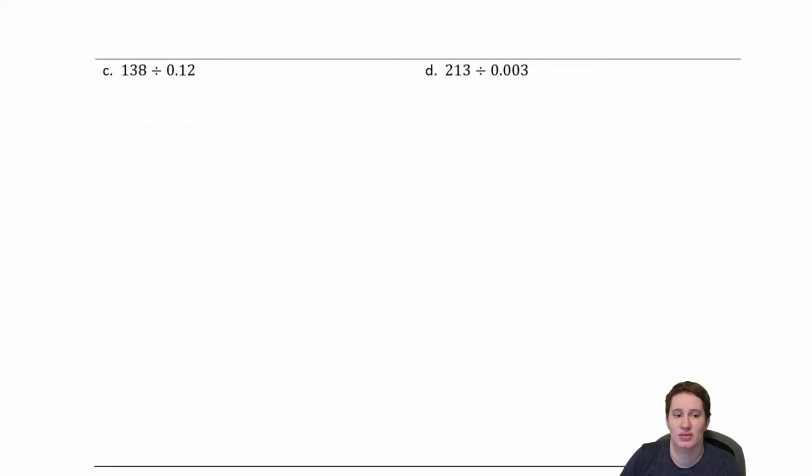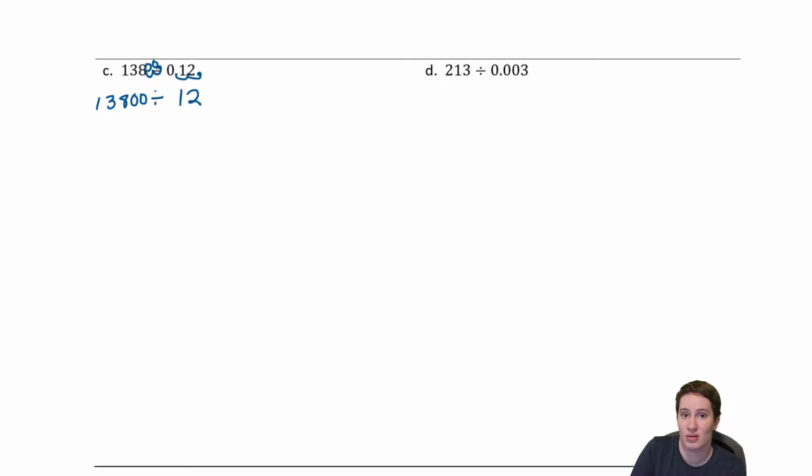Let's look at these next 2. Let's see. 138 divided by 0.12. We also could just think about moving the decimal before we write the problem down. So I could think, okay, this actually has 2 places I need to move it, which turns this into 12. So if I move this one 2 places, I'm going to have to add 2 zeros. So that's going to be